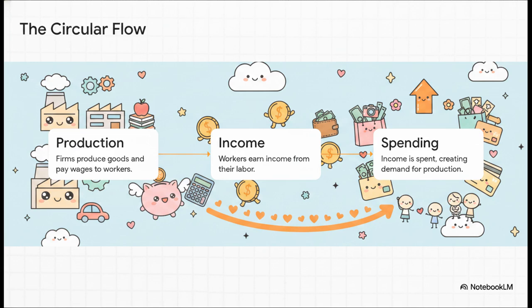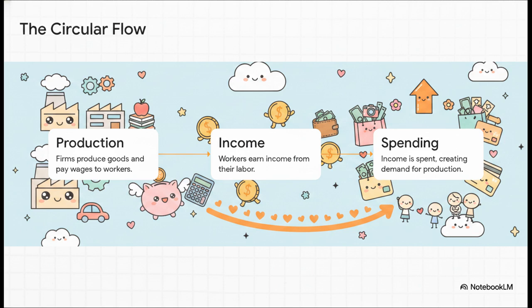To truly get macroeconomics, you have to embrace the fact that absolutely everything is connected. Production, income, spending, they're not isolated events. And this brilliantly illustrates the circular flow of the economy. When a company produces goods, they pay wages to their workers, right? Well, those wages become income. The workers then turn around and spend that income on goods and services, which creates demand,